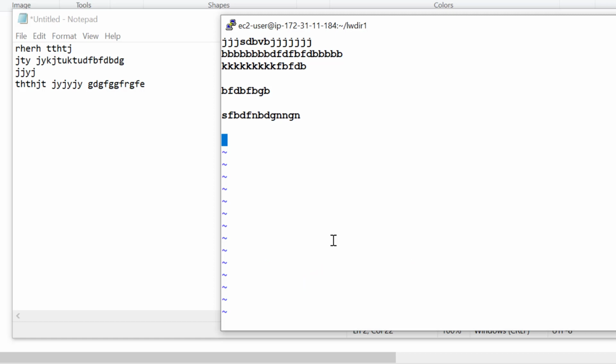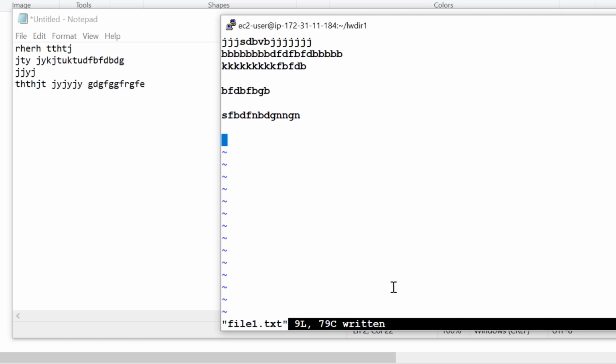And now whatever you do, there's a command. For example, you want to save this file, then we have a command called colon. As soon as you press colon, your colon will be printed in the bottom bar. And if you press W, that is one command here that will help you to save this file. And now you can see your file with this many lines and characters written to your hard disk,